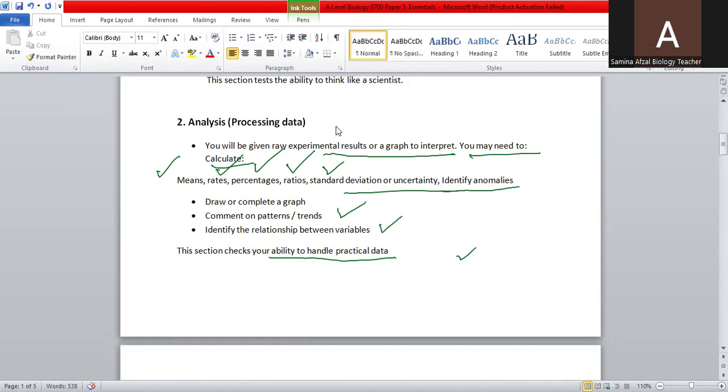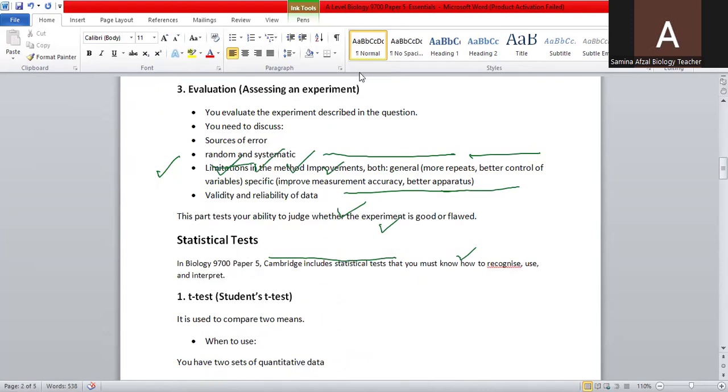Then we will move towards the third part, which is on evaluation, in which you are going to assess an experiment. For this purpose, you evaluate the experiment described in the question. You need to discuss